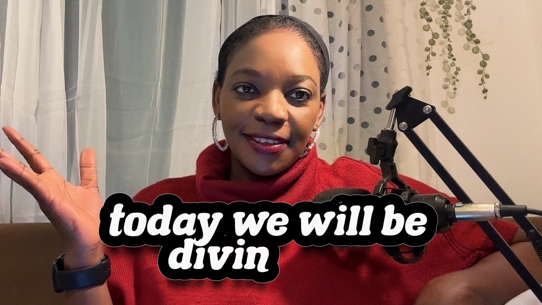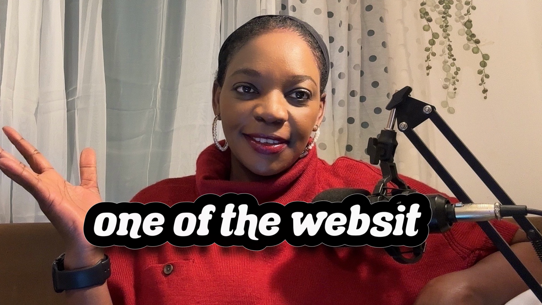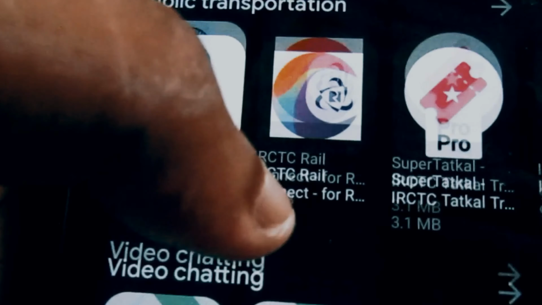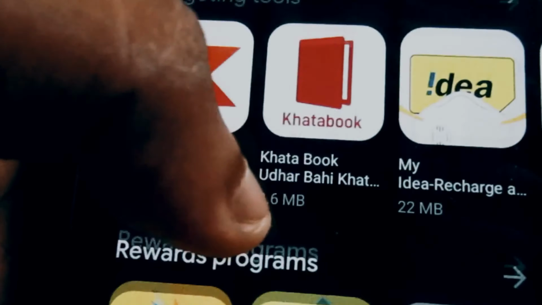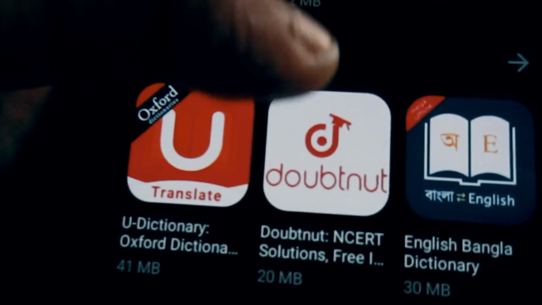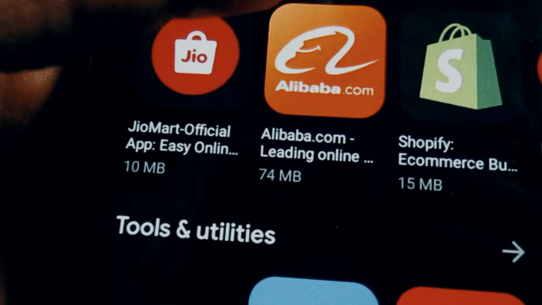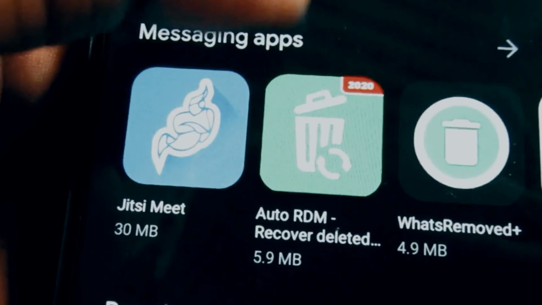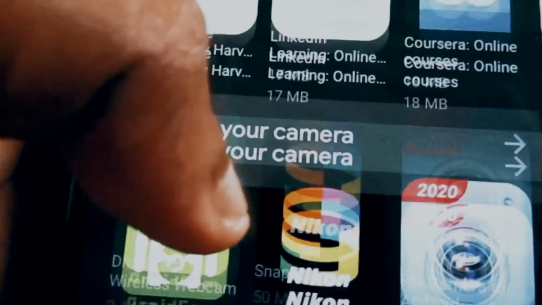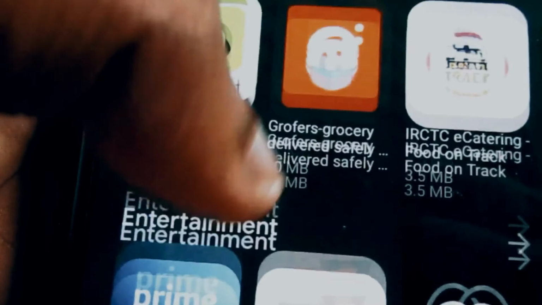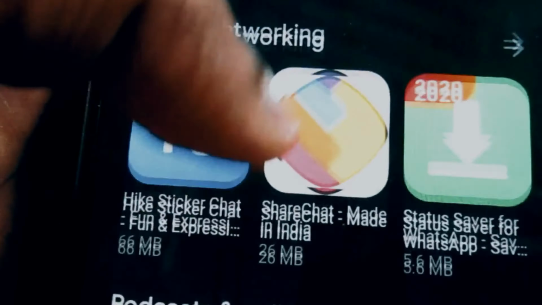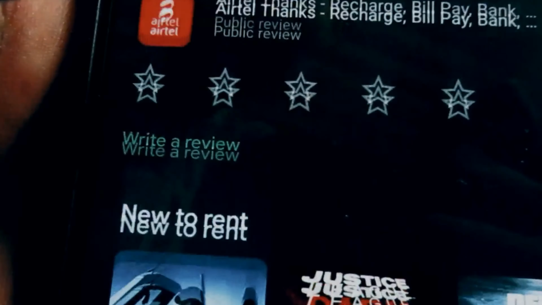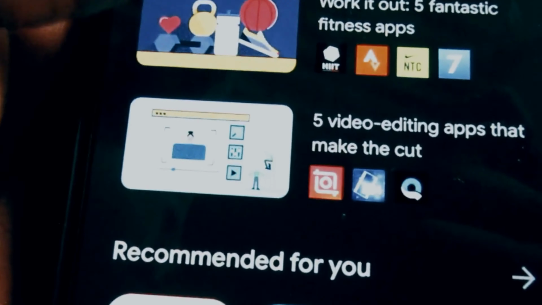Today we're going to be diving into one of the websites that is free of charge, where you can get free money. We are diving into how to access financial support from one website called the Turn to Us website. Turn to Us is a completely free website. You don't need to pay any application fee. You don't need to put in any money. All you need to do is follow the steps and the guidance that we are going to give you in this video.